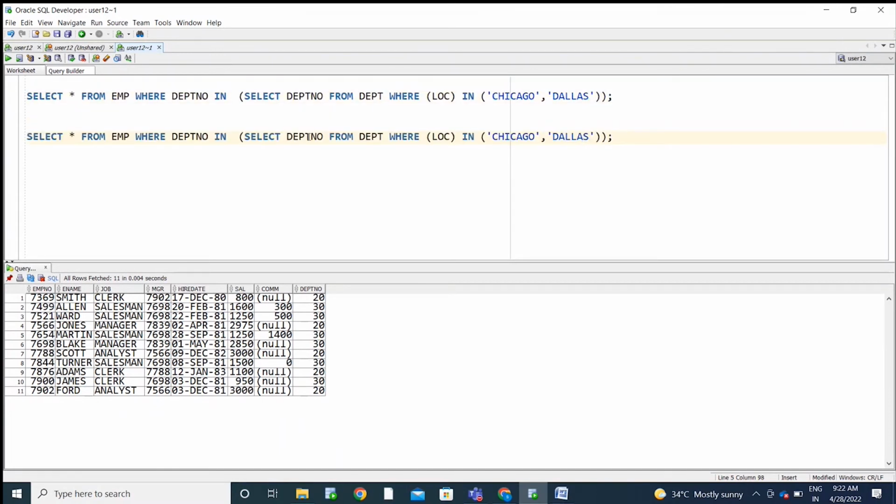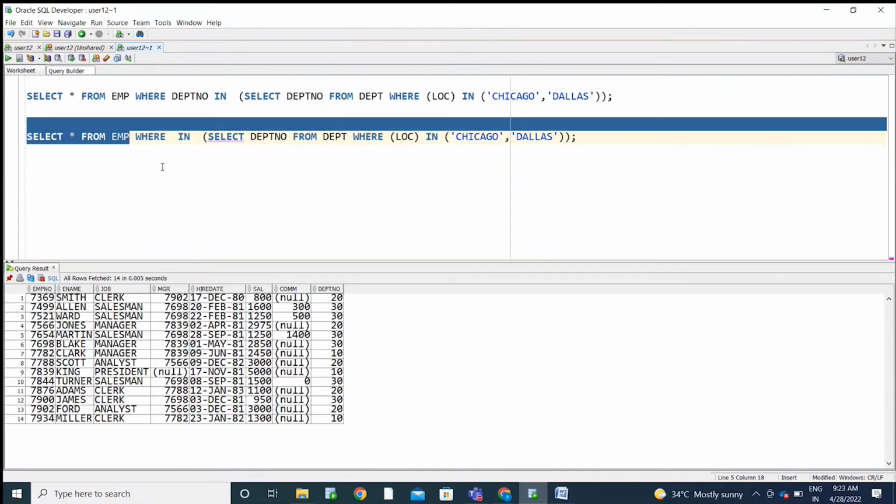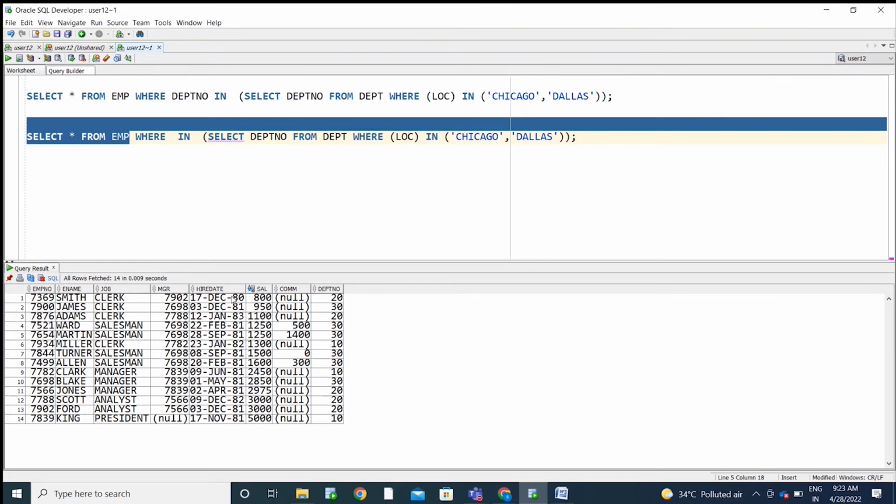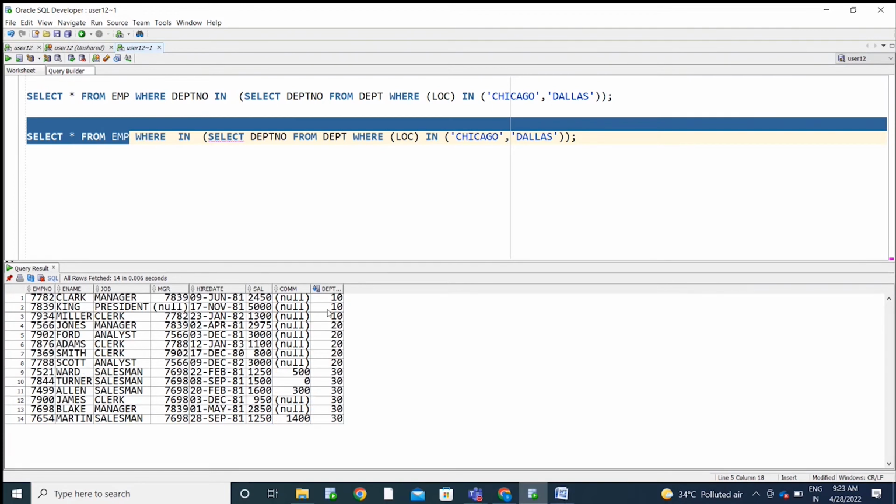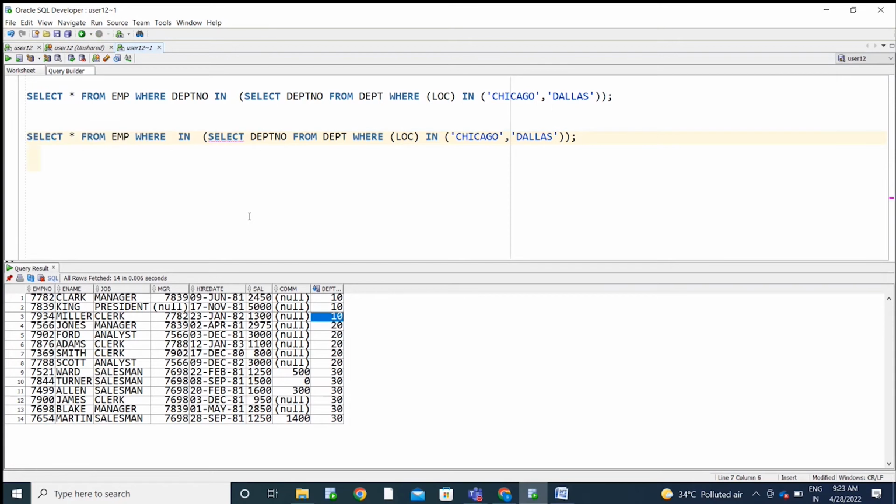Okay, now I'm going to make this a correlated subquery. See, the client is asking for the department-wise average salary. If you see the average salary for this 10th department, it looks like 5,000, 7,000, 8,000 and above, so you will get 8,000 by 3, approximately 2,000 above. Okay, let's see: select average salary